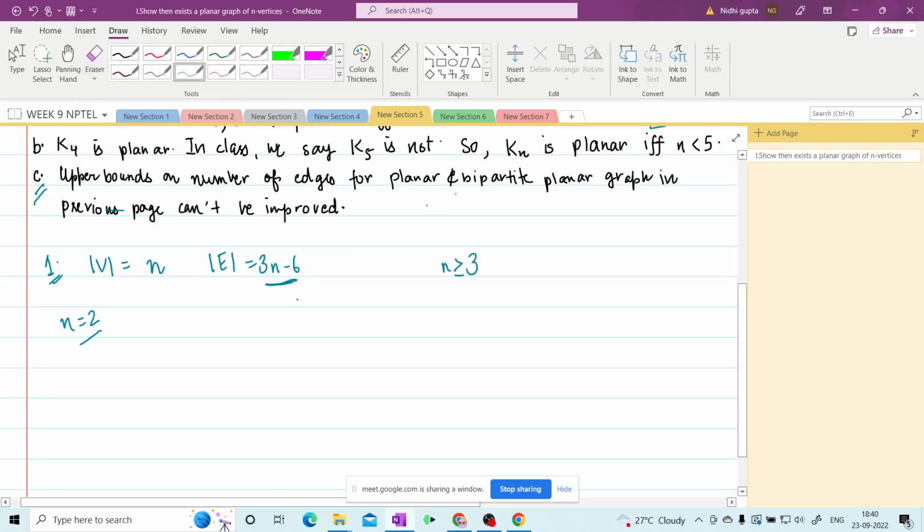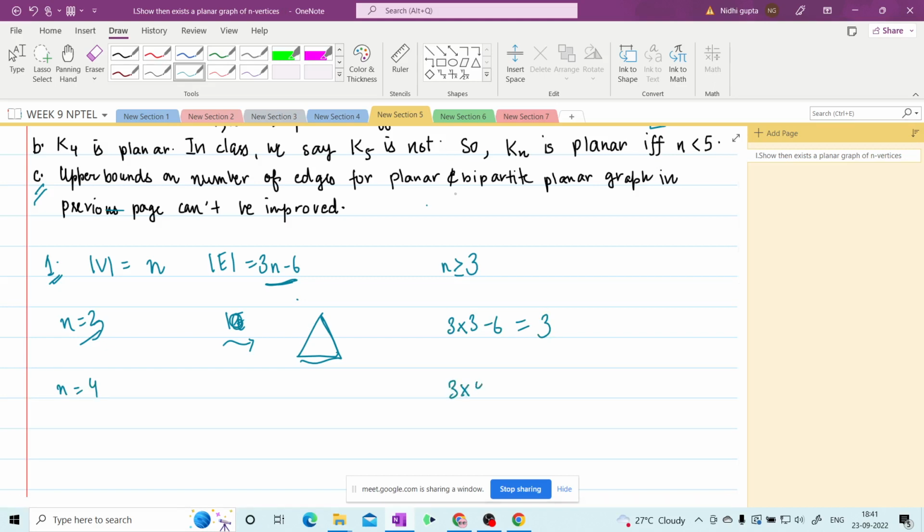So for n equal to 3, this is the planar graph with 3 edges, because it should be 3 into 3 minus 6, which is 3. For n equal to 4, we want a graph with 6 edges,